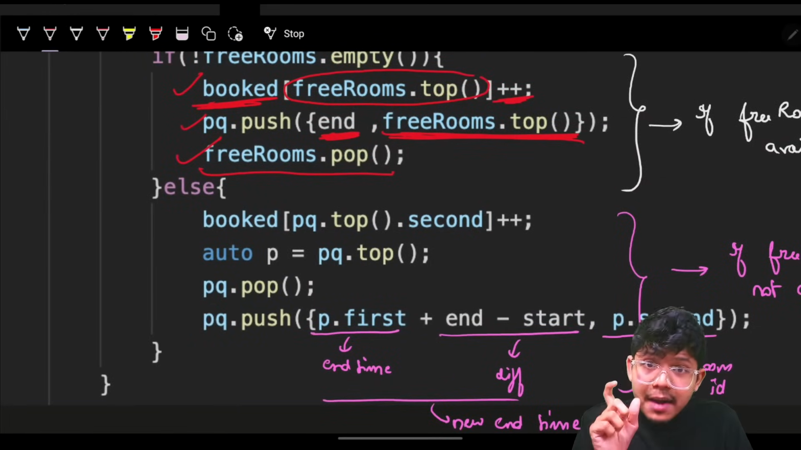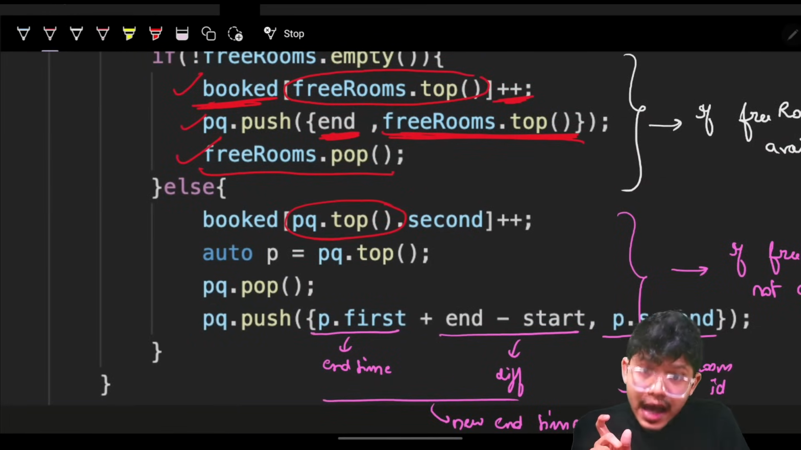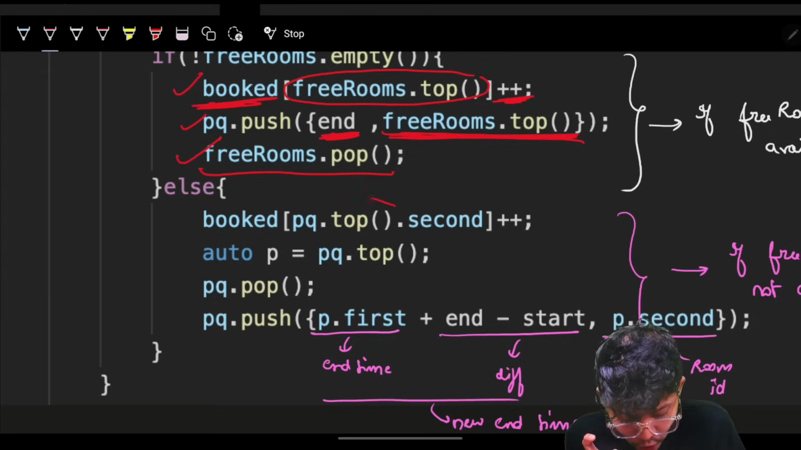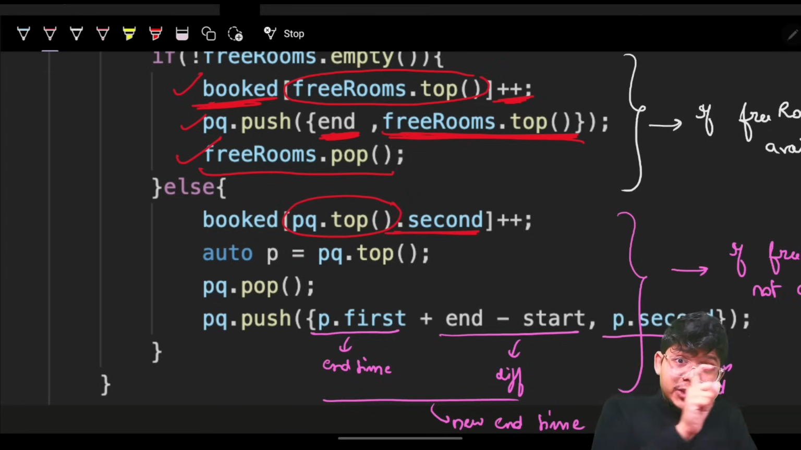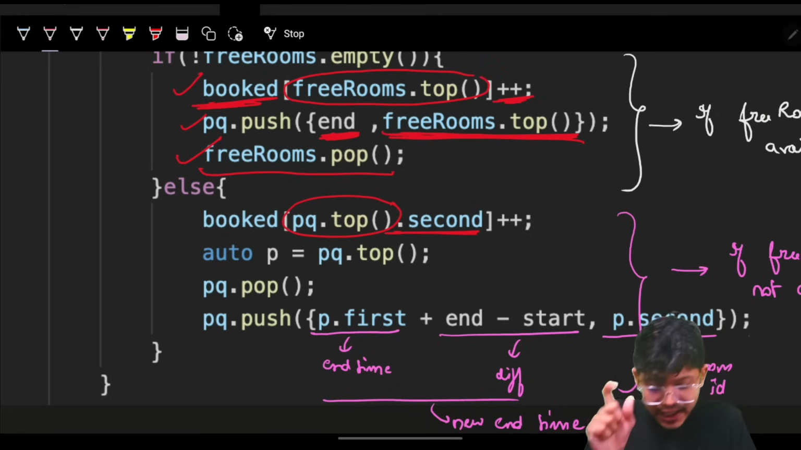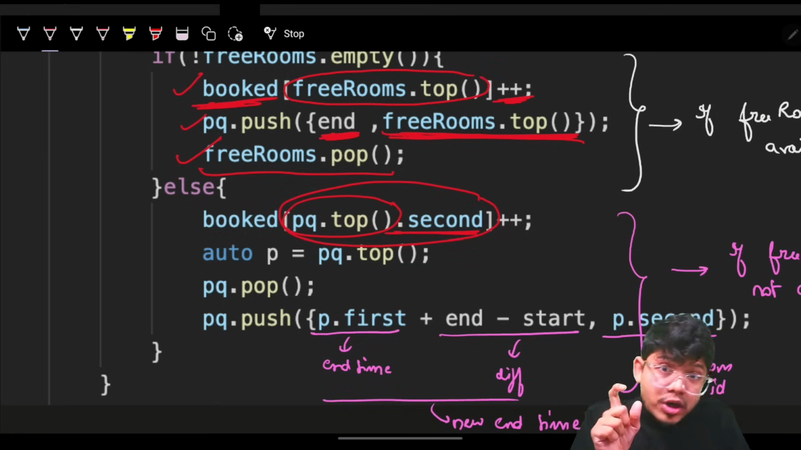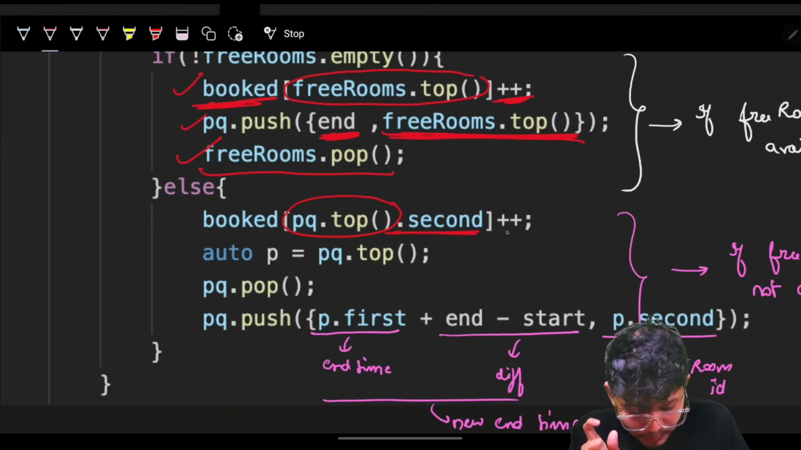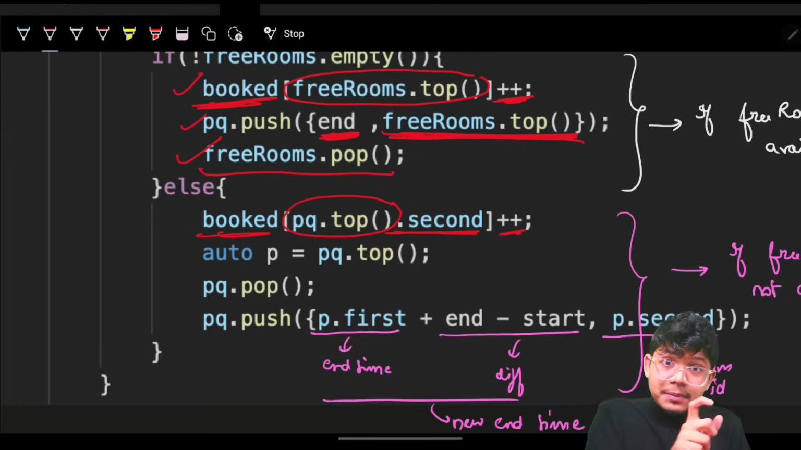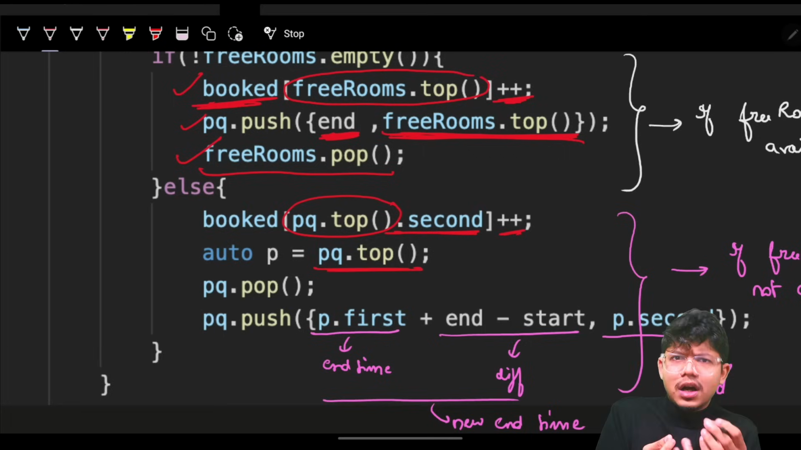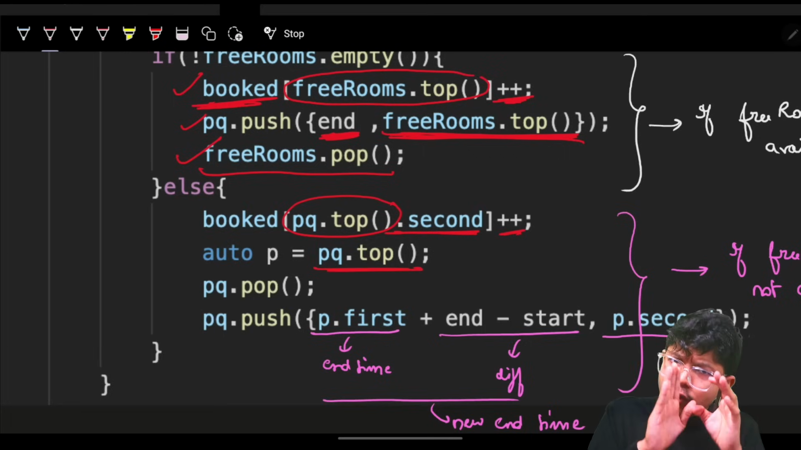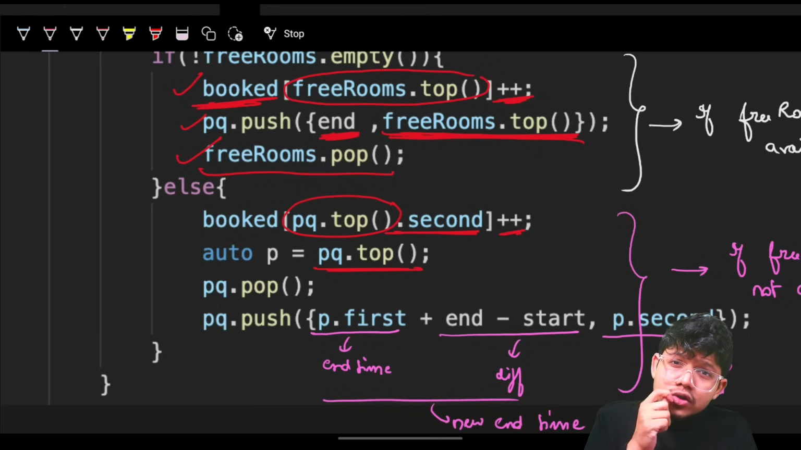If the meeting will be delayed, I will know one thing. I will grab the occupied room having the smallest end time. Again, the occupied room having the smallest end time. What is the room ID for that specific occupied room having the smallest end time? I know I will have to book that room with the upcoming meeting. That is what I know for sure. But I also know that